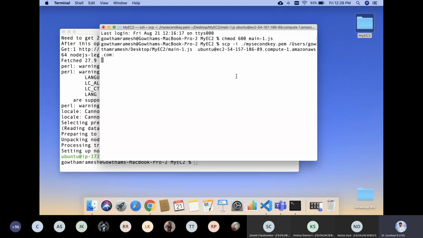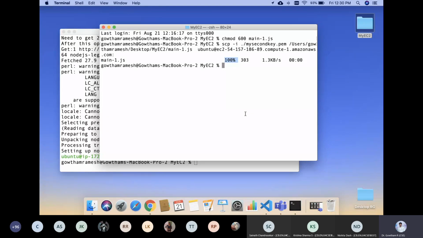This step will copy the main1.js to the remote server. It says main1.js is copied 100% to my remote server.